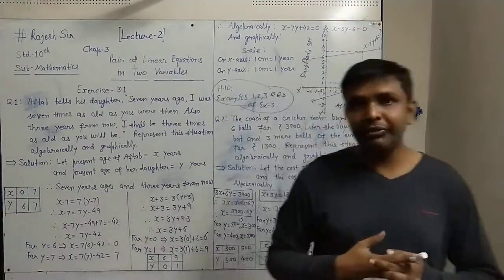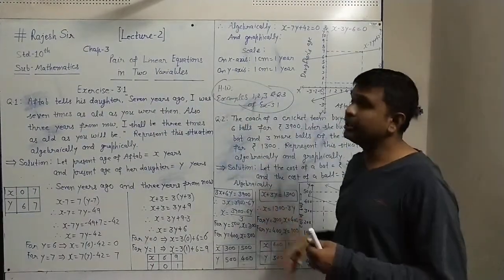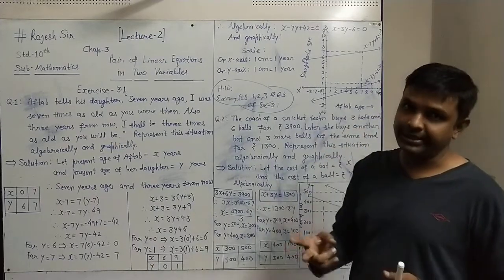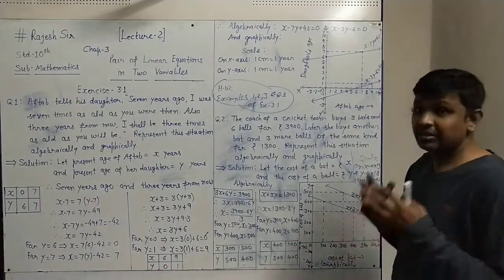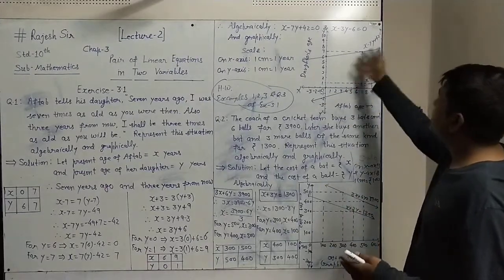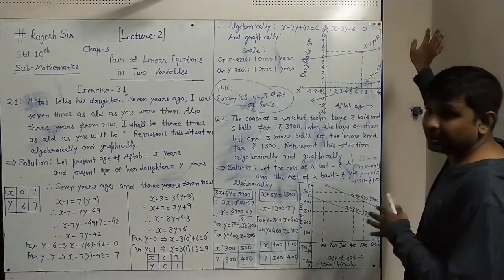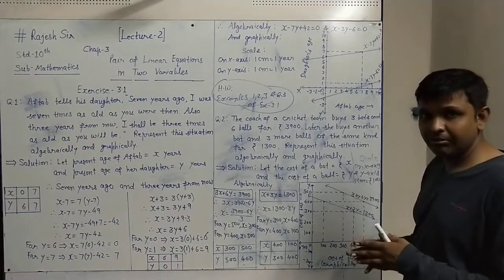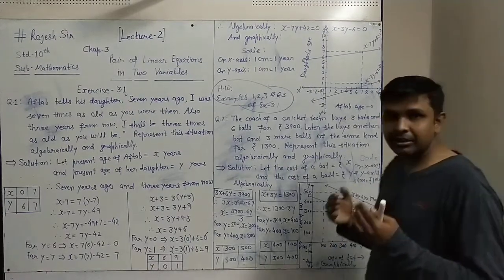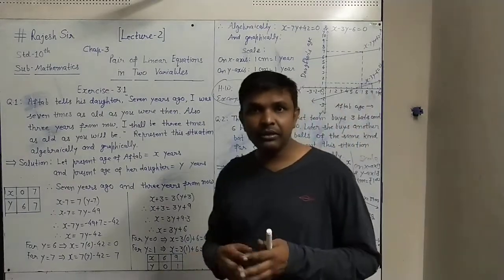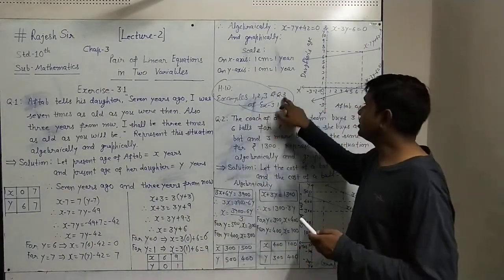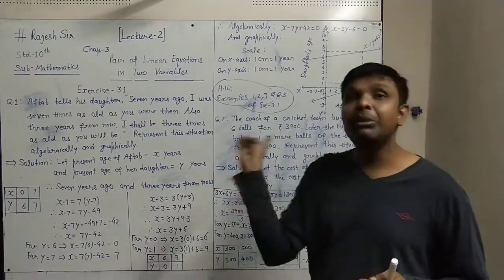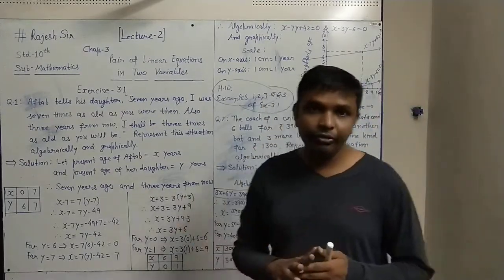2 equations we will find every time, because it is a pair of linear equations, 2 situations, 2 equations, and for 2 equations 2 lines. The 2 lines may be like this going somewhere and they may intersect, and here also they are going somewhere and they may intersect, and 2 lines may be parallel also. For question number 3 of 3.1, when you draw the graph you will find the lines will be parallel.